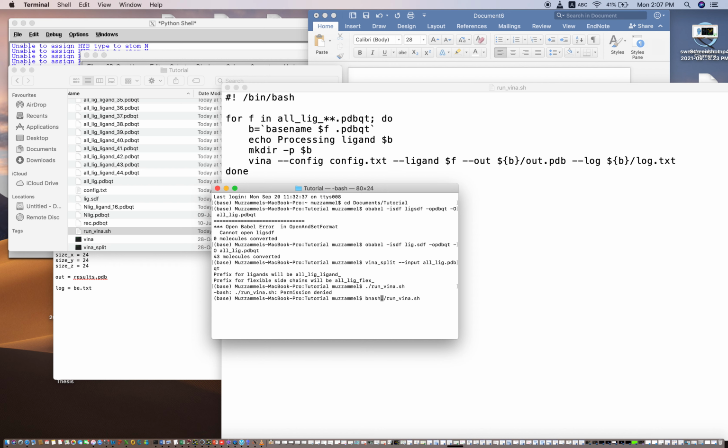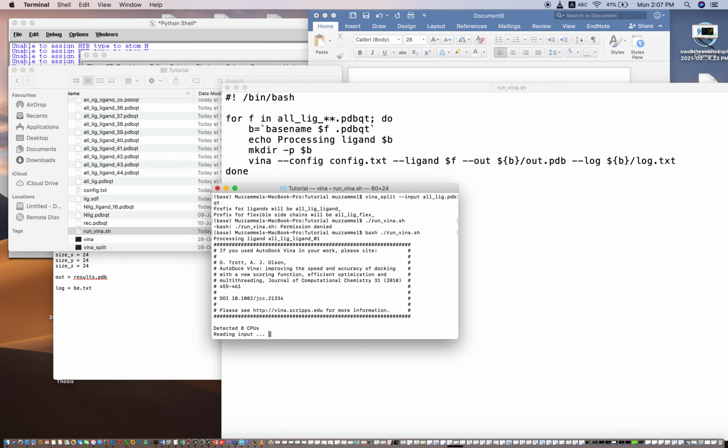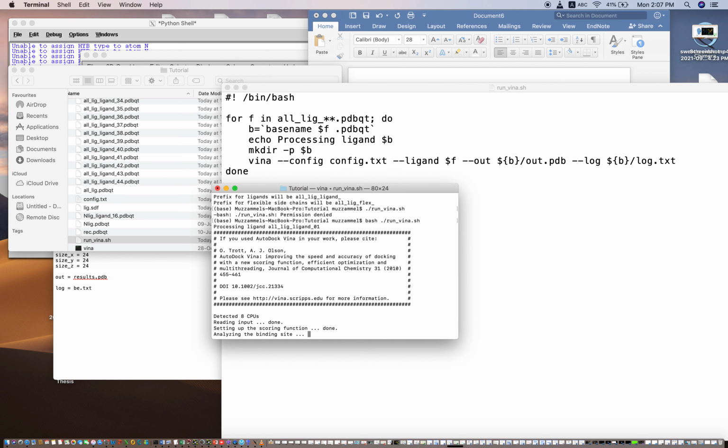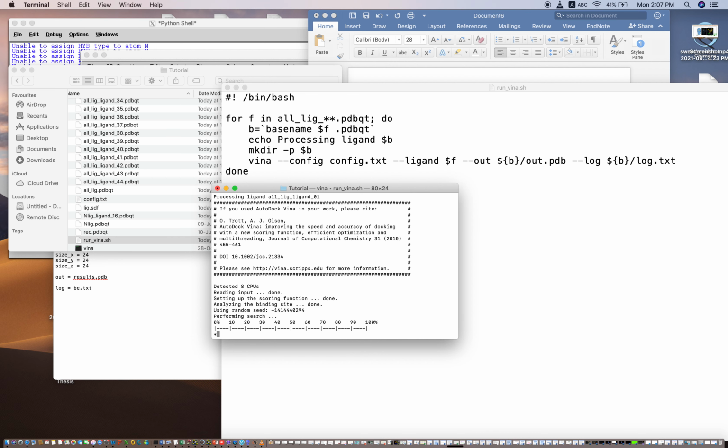So I'll put the bash command and then I'll just enter it. Okay, so now the game is on. I have 8 CPUs in my system. It has detected 8 CPUs, and then the docking starts.